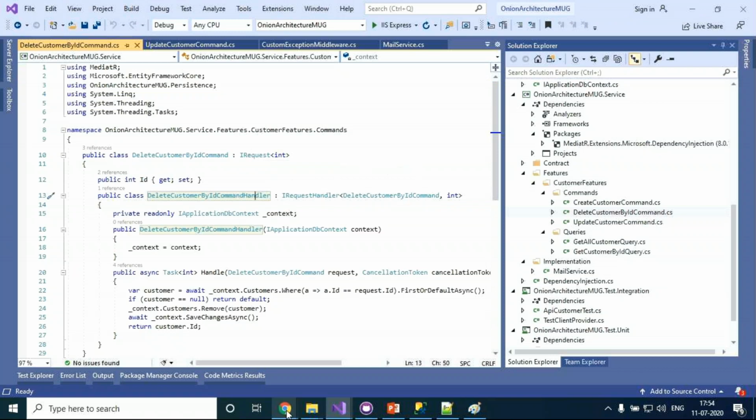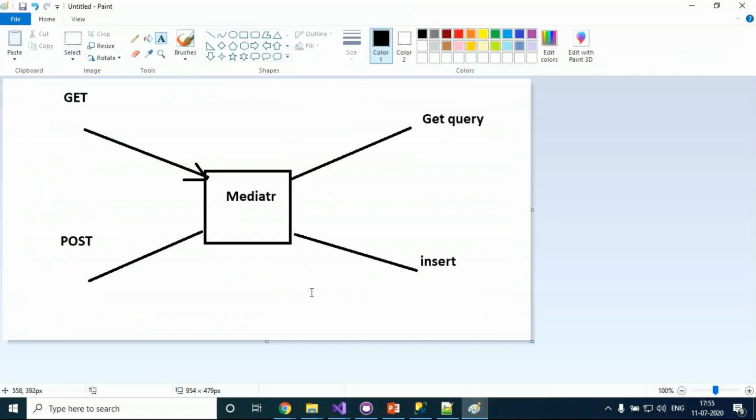This is a third party library. Or else if you want to implement it yourself, it makes your code very long. So I came across this MediatR third party library, which makes our code very simple and we can make use of that. That's the reason I implemented the mediator design, like MediatR and the Microsoft dependency injection extension. So this just injects IRequest, and based on that only we can divert to whichever handler you want. It can be implemented for CQRS. I implemented it for CQRS currently.